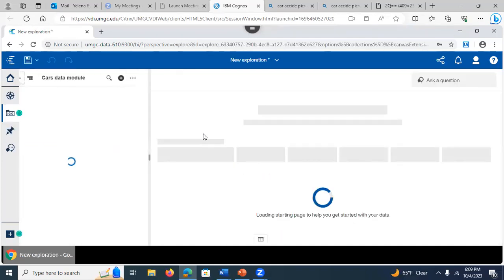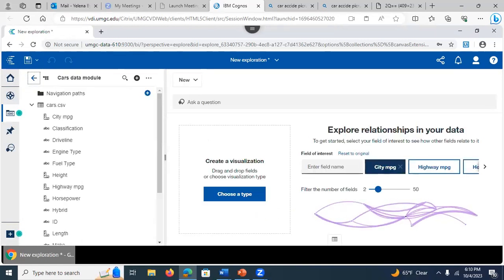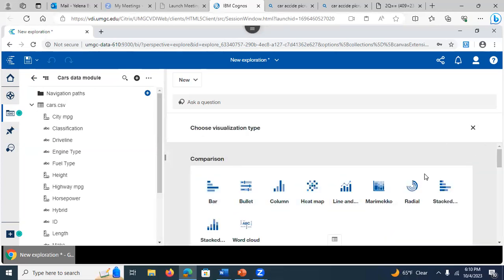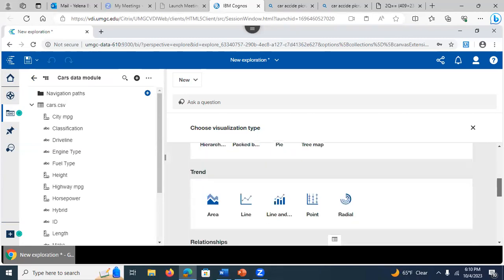create data exploration, right? And as you can see, in this data set there are several options here. You can be predicting the car efficiency on a highway, or the car efficiency on city roads, or the horsepower. There are three, right? So just to create something, I'm just going to add any visualizations, and just in order to create the exploration, I want to create the exploration workbook and save it. Or I can just create a brand new visualization,